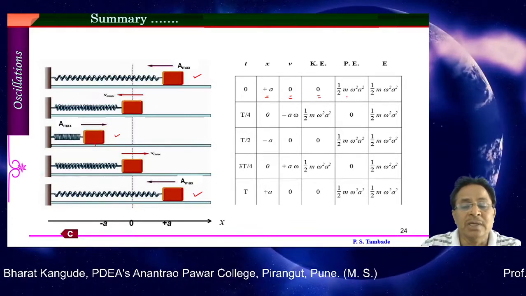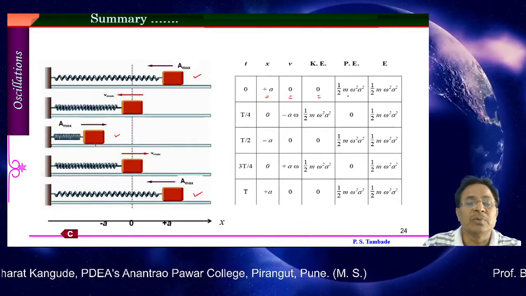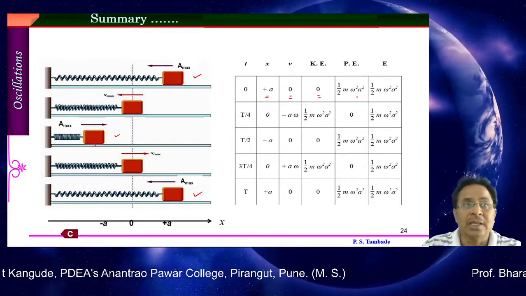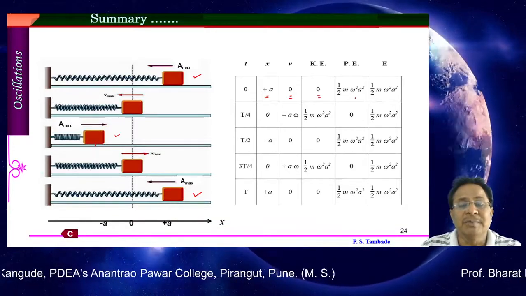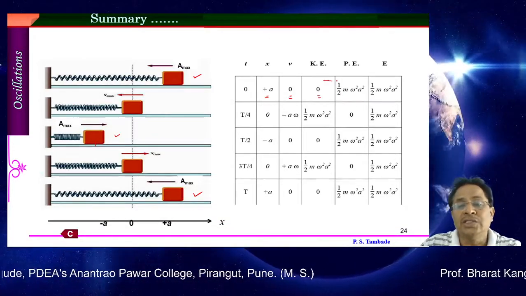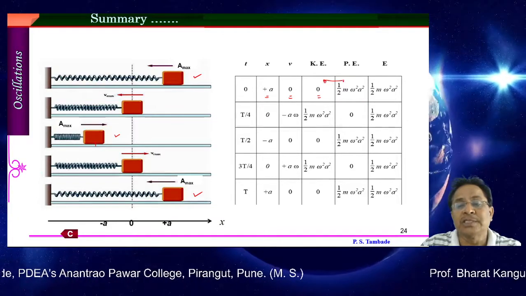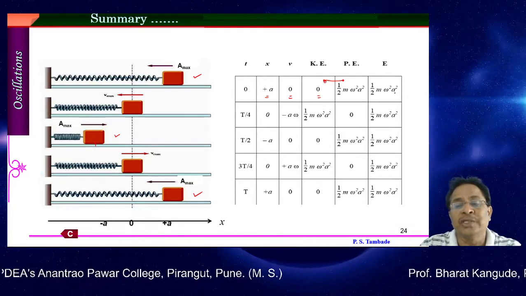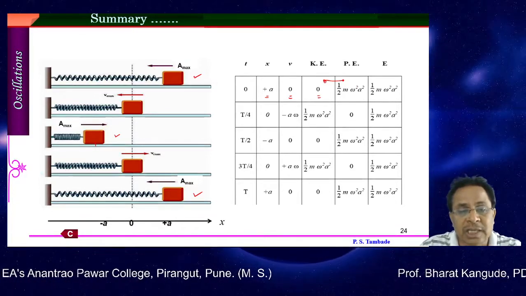Already we have seen that the potential energy of this type of oscillator is 1/2 m omega square into x square. Now x will be replaced by A, the maximum amplitude, and therefore 1/2 m omega square into A square. Addition of these two, kinetic plus potential, again gives me 1/2 m omega square into A square. This is for diagram number 1.